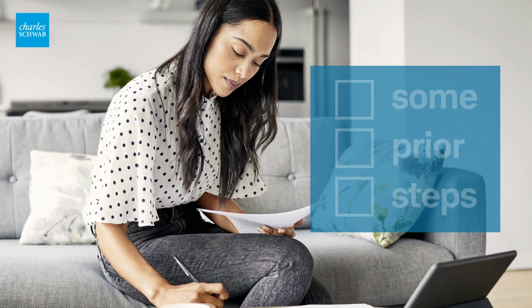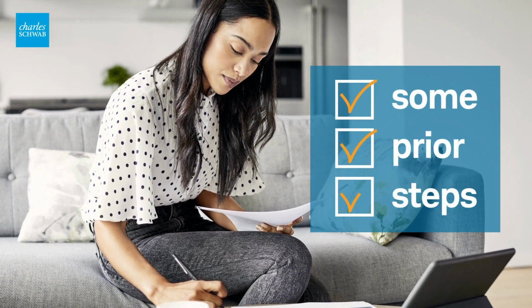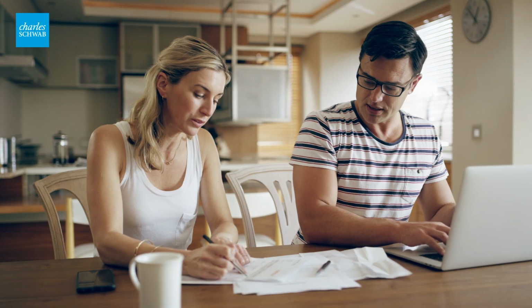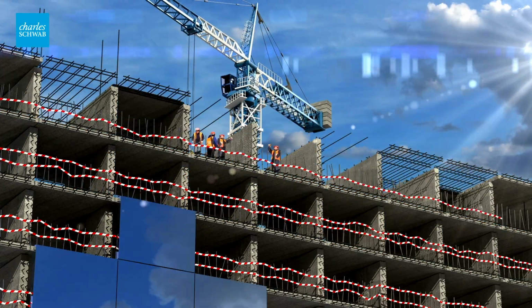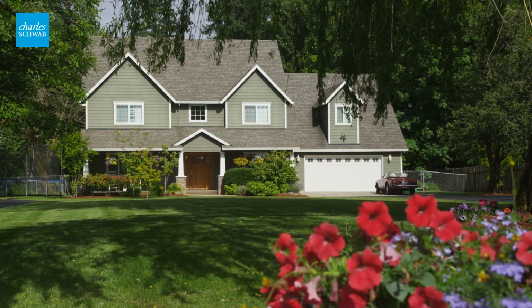However, there are some planning steps you should address before allocating funds to a down payment. The other foundational planning principle before we start saving for a lot of other goals is paying down high interest rate debt. And then make sure we have an emergency reserve account established, because the last thing we want to have happen is you end up losing your job or something interrupts your ability to earn an income. You're going to have to spend all of that money anyway that you've saved for a down payment on a home. Once you have that solid foundation, any additional savings over your employer match can now be allocated to a